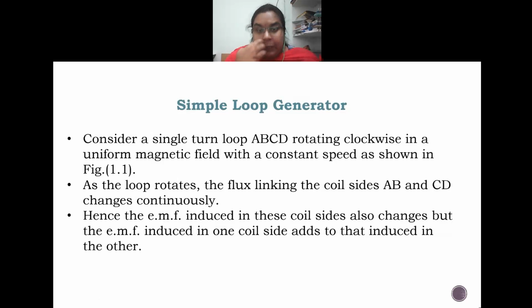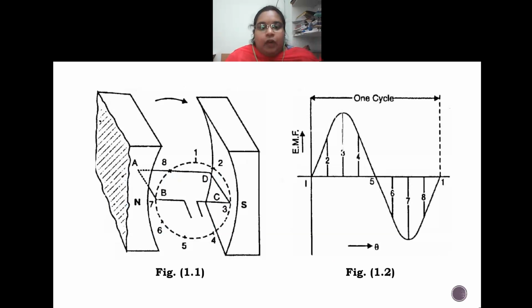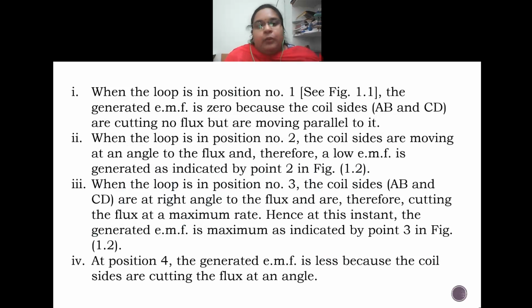So he's saying that both of the EMFs, whatever we have, are in aiding position. We have seen how this aiding position is being obtained. So let us see what the different positions of this conductor are and how the different EMFs can be generated. Let us see, when the loop is in position 1, that is in figure 1.1,